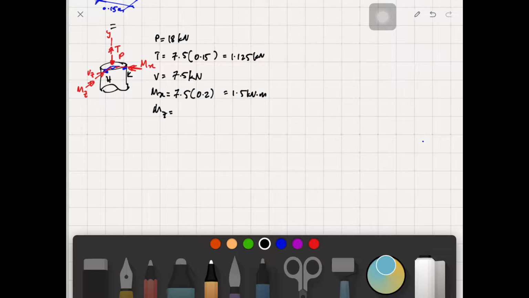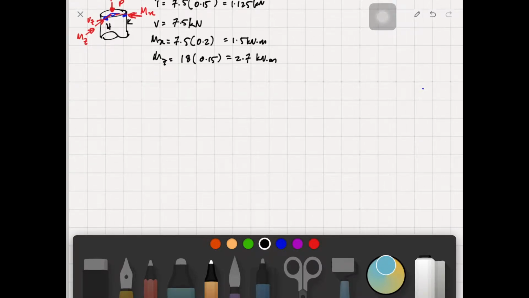This moment z was caused by the 18 kilonewton point load and the distance of 0.15 meter as shown in the figure, and we have here 2.7 kilonewton meter. So we have all